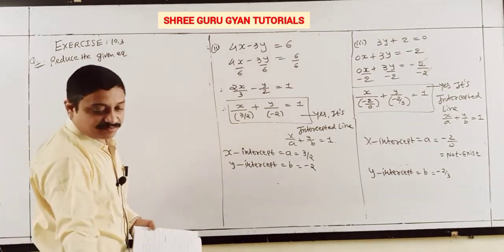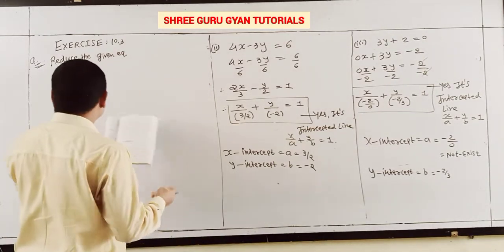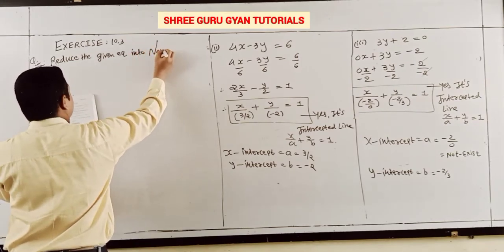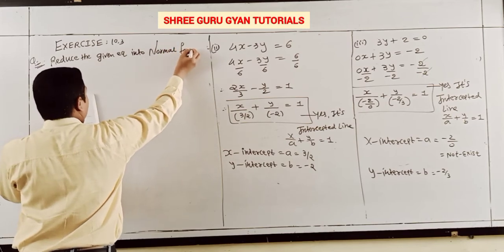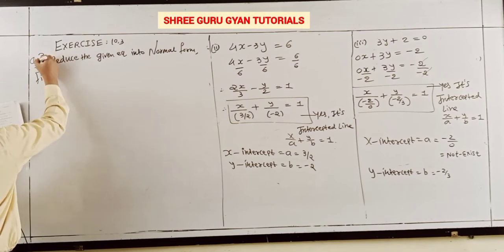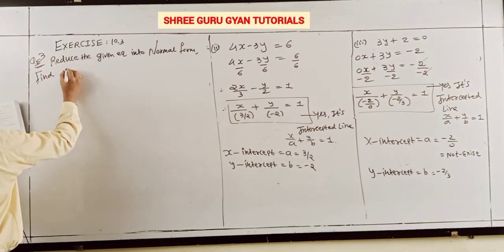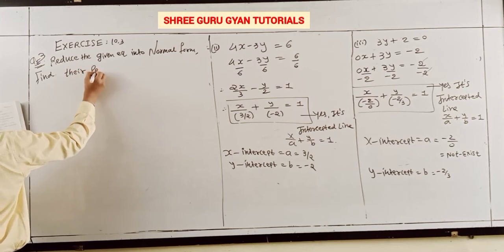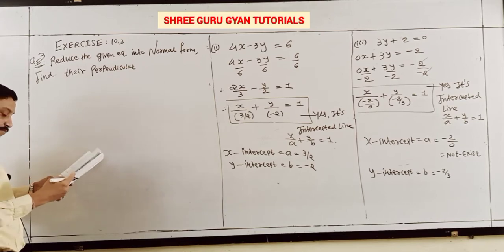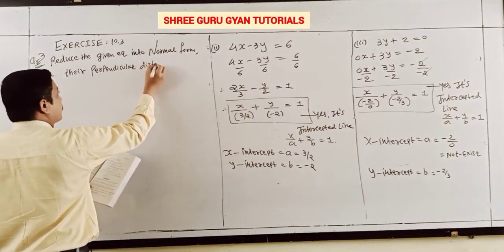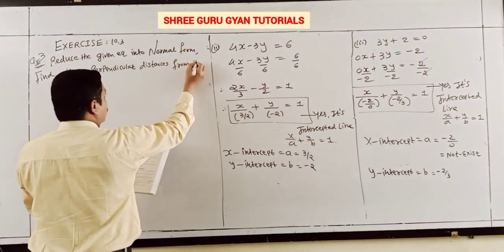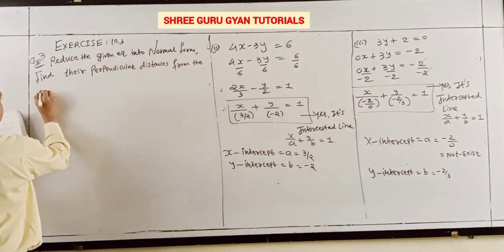So question number 3, first of all I properly write down: reduce the following given equations into normal form, and also find their perpendicular distances from the origin